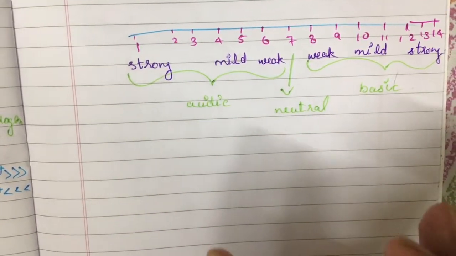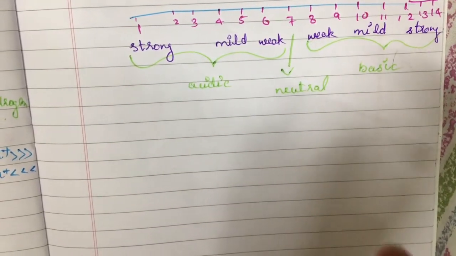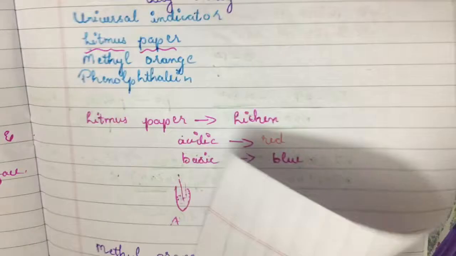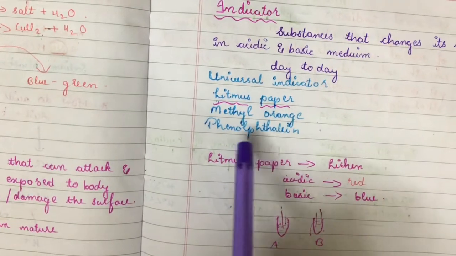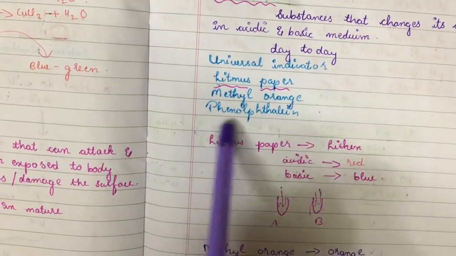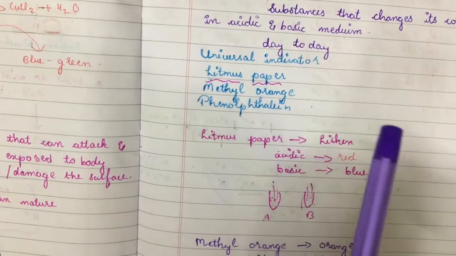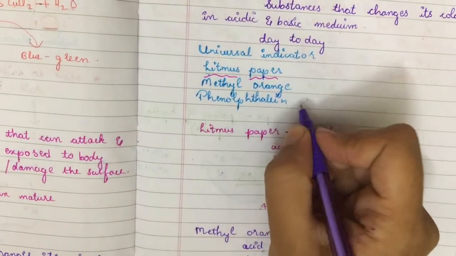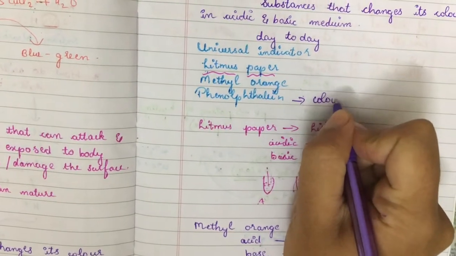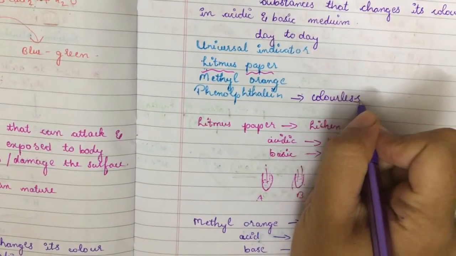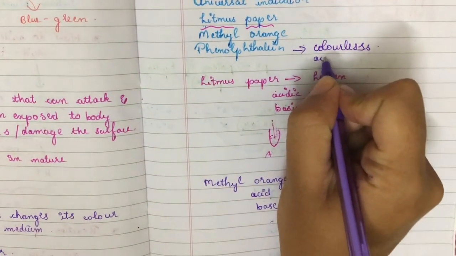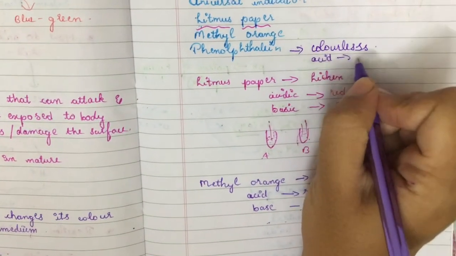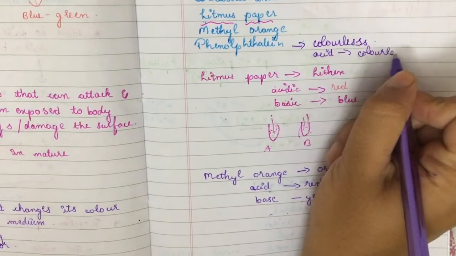This is all about the pH, and this picture is given in your textbook, and I have explained all about the universal indicator, that is the pH paper, which was discovered by the scientist named Sorensen. Then the different types of indicator we have studied, like litmus paper, methyl orange, phenolphthalein. I forgot to explain phenolphthalein. Phenolphthalein is a solution which is synthesized in the laboratory, and basically it is colorless. When it is dipped in the acid, it will again be colorless.